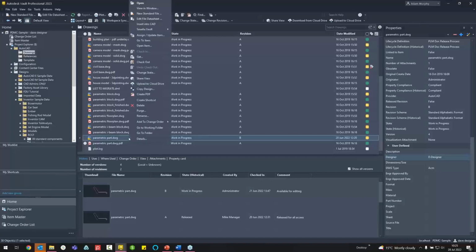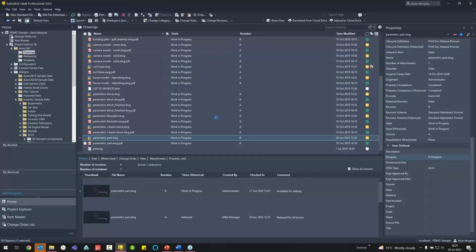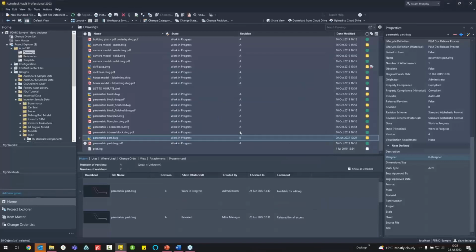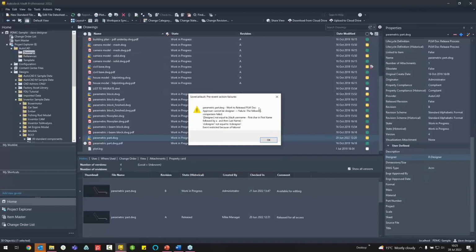So very simply, if I go and right-click on this file and select change state, and if I try to change this to released and click OK, I will get a warning from Sovelia Vault. And what this is telling me is this drawing approver cannot be designer. So we have kind of set up this dialog, failure for the following reason, and then